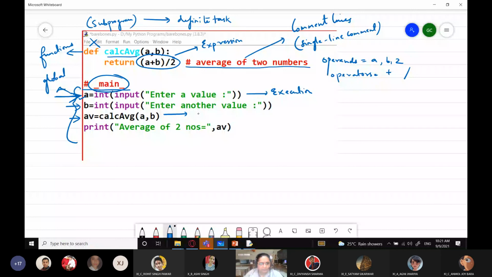So when it finds a function call, now the program control will go to this function. This function will be executed and the result will be returned back to this value here. Some value will be calculated and where will it be returned, where will it be saved? Inside AV. Okay, and then print average of two numbers is 8. Right? So we saw these things.